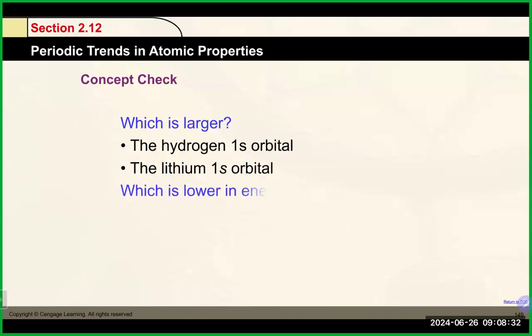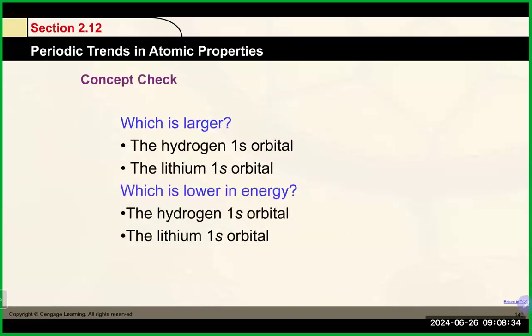Which one is larger, the hydrogen 1s orbital or the lithium 1s orbital? What do you think? 50-50 chance. Hydrogen or lithium? Are they the same? The answer is, the one that should be larger is